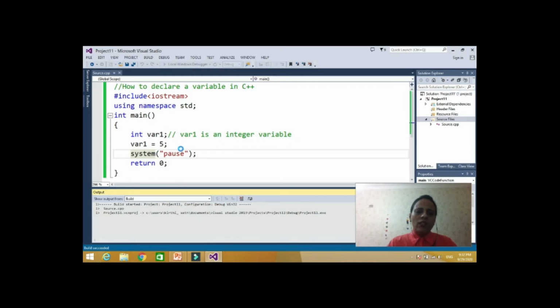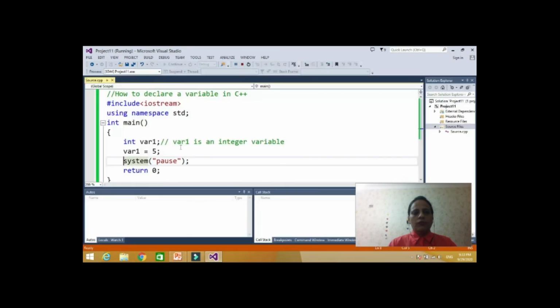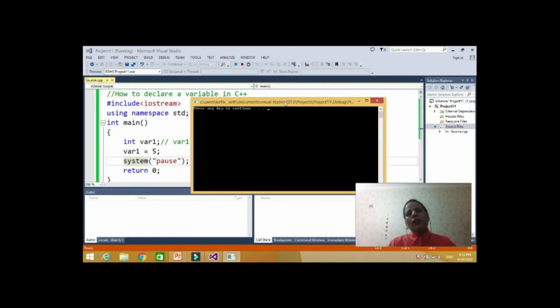So let's check it. See, this is a blank screen. Why? Because we didn't write any cout statement.